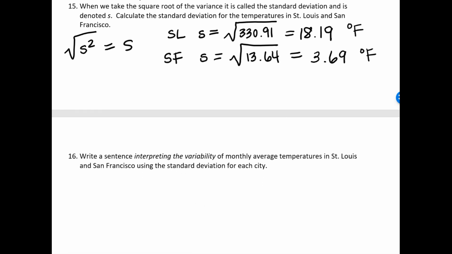So I'd like you to think about these values, right? And I want you to consider how could we write a sentence interpreting the variability of monthly average temperatures in St. Louis and San Francisco using these standard deviations for each city? You can go ahead and pause and try to write your own sentence, and then I'm going to write my sentence here. Okay, so I would say,